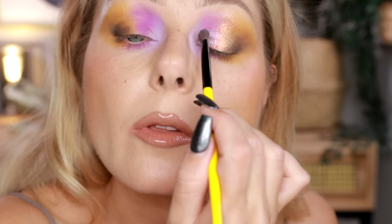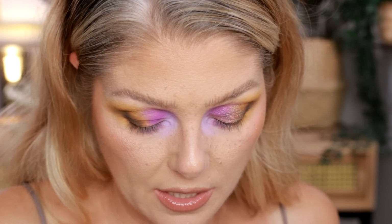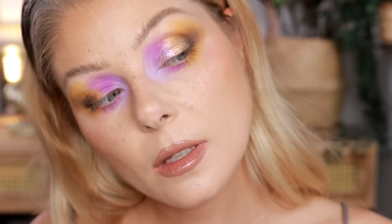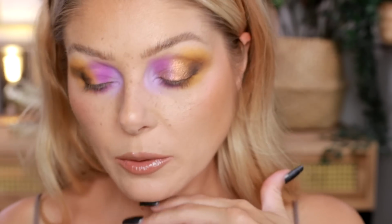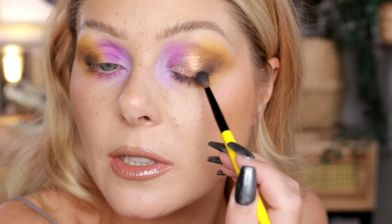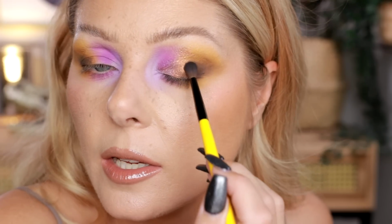Let me use a little bit more of the Black Magic, which is the purple matte. And then also the Hex, which is the pastel. That turned out, I don't want to say surprisingly good, because that indicates that I didn't think it was going to work out. I definitely thought it was going to work out. This is that darkest shade Black Cat again. Just